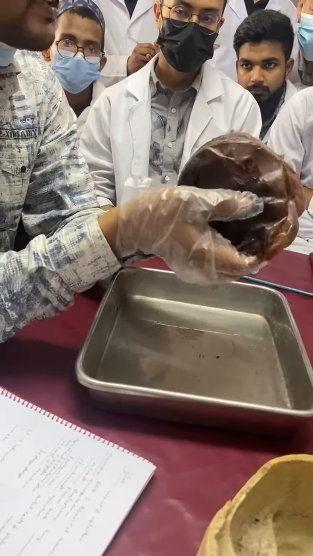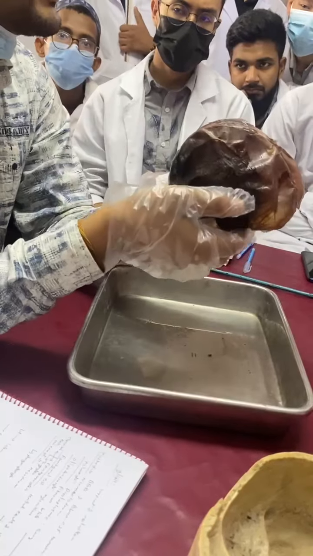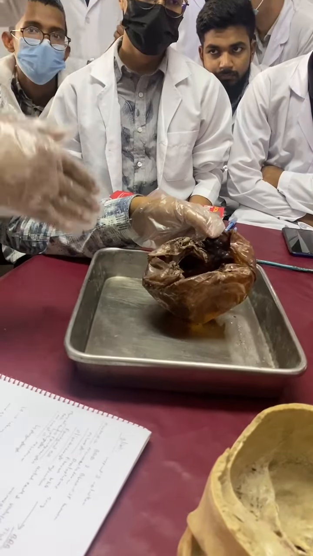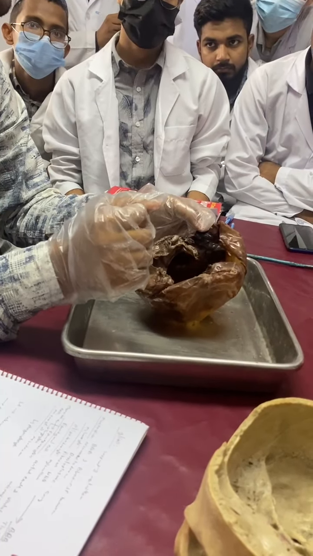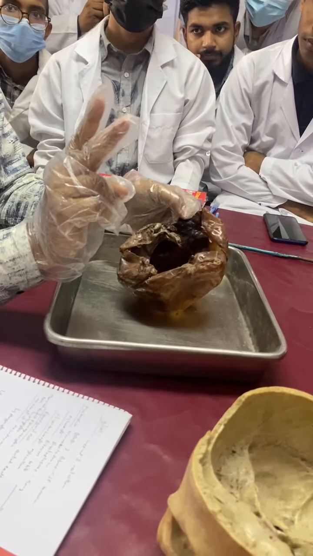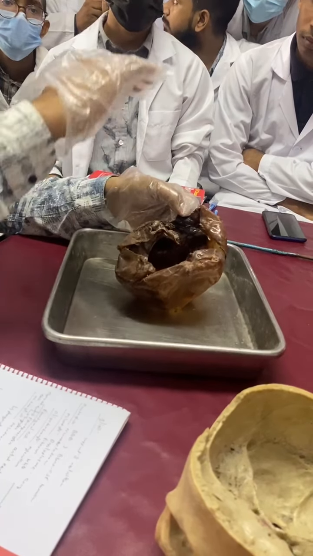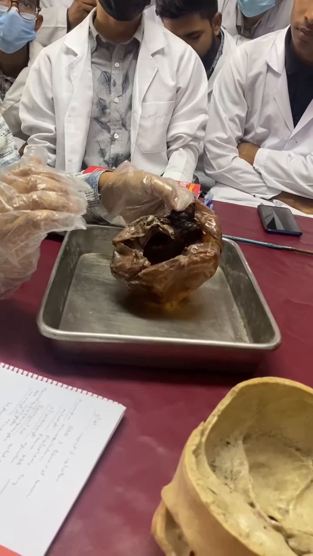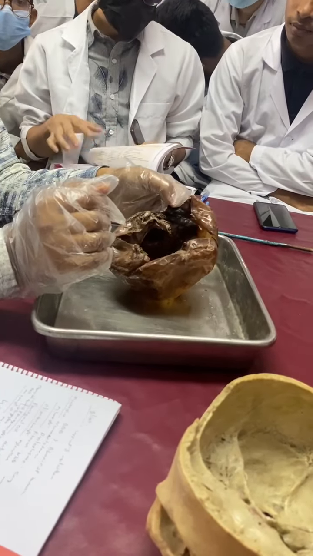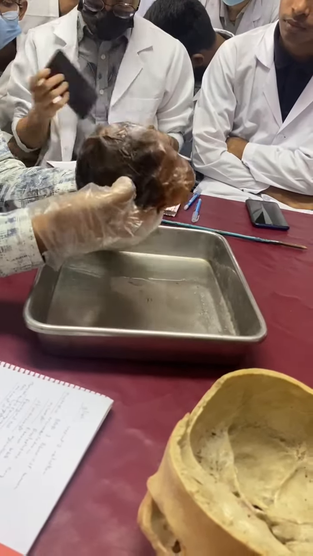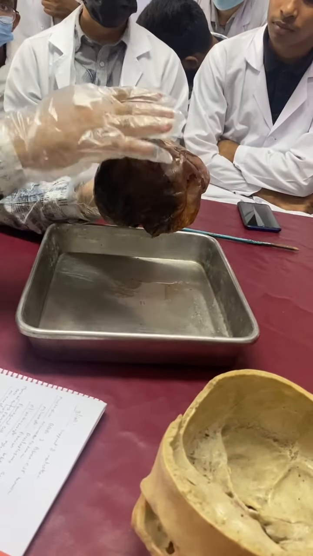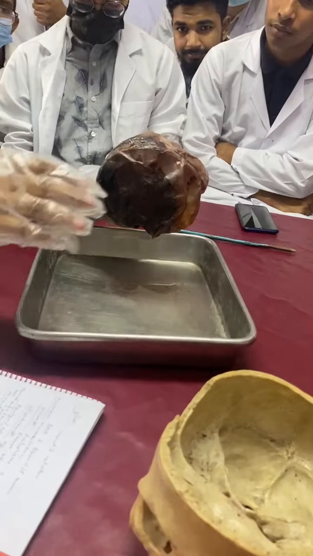The part of dura mater that is attached to the skull is called endosteal layer, and the part of dura mater that invaginates within the brain is called meningeal layer of dura mater. So the dura mater has two layers or two parts. Outside it is called endosteal layer, and inner side it is called meningeal layer. So from here we can find that it should be the endosteal layer. This part normally attached with the bones, means the skull.